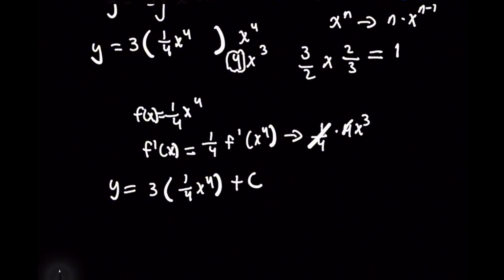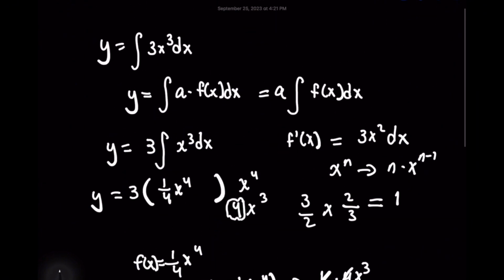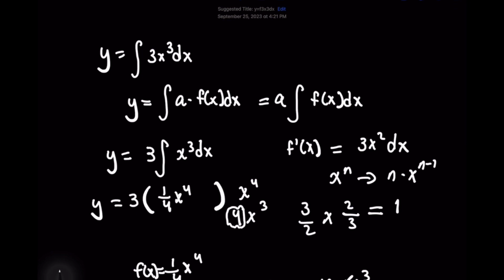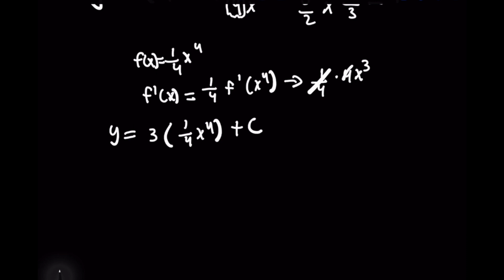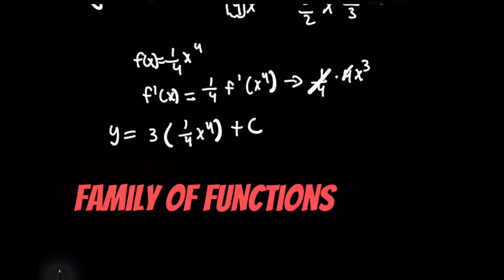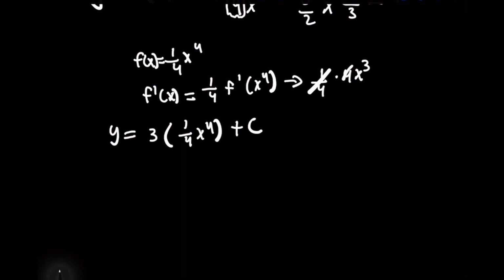So we can't make an assumption that when we started out with y equals the integral of 3x cubed dx, that the original function was plus 0. It could have been something plus 7, something plus pi over 2. It doesn't matter. And so always remember that when you take the integral of something, your answer is actually going to be a family of functions. So you have to have this plus c term at the end. All right? So simplifying the final answer, we would get y equals 3 over 4 x to the fourth plus